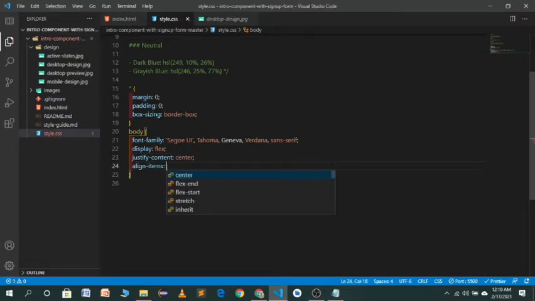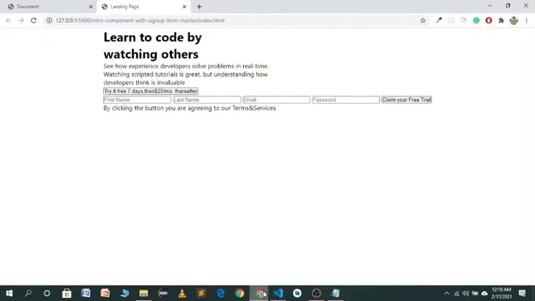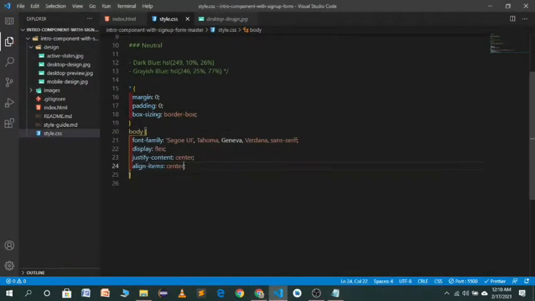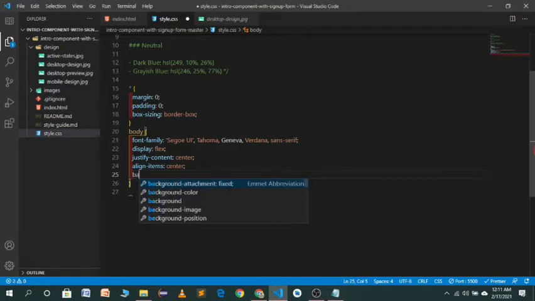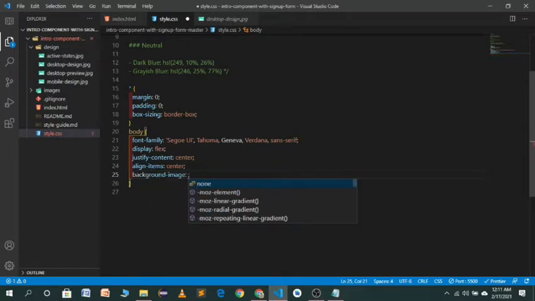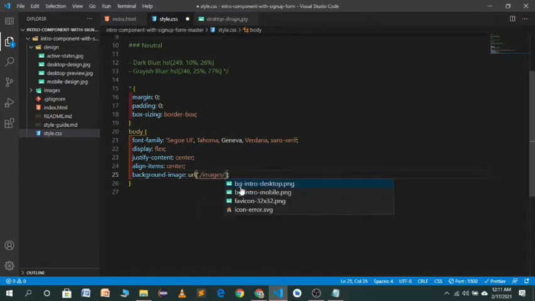Now let's see if it has come into the center. So it's not coming in the center. We have to give it a height. So first of all we will give a background image to our body container. The URL will be dot slash, in the images portion we will have our desktop image,